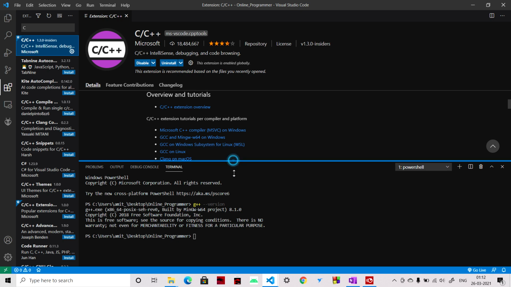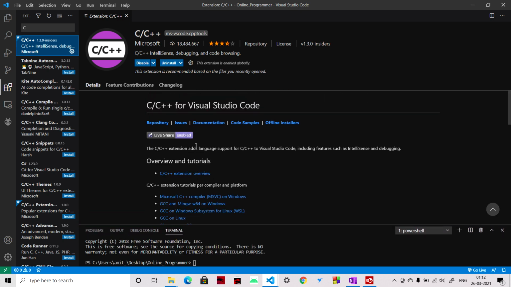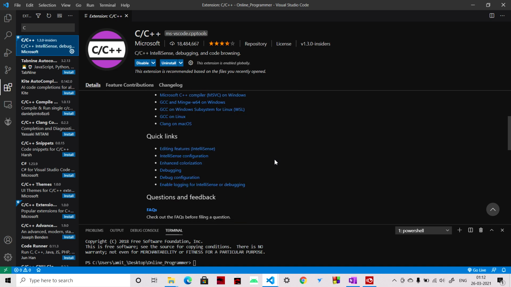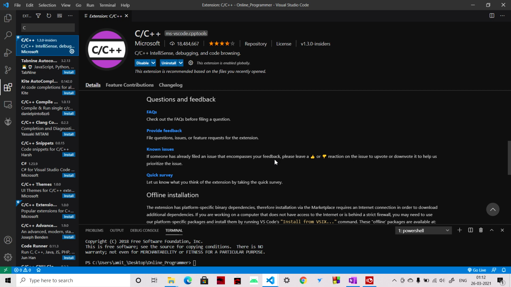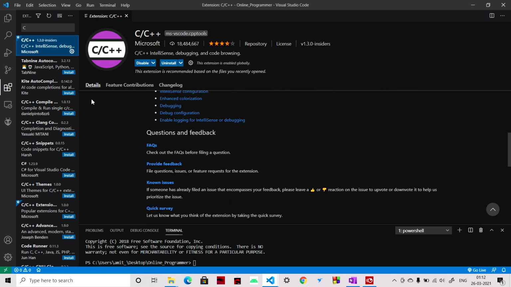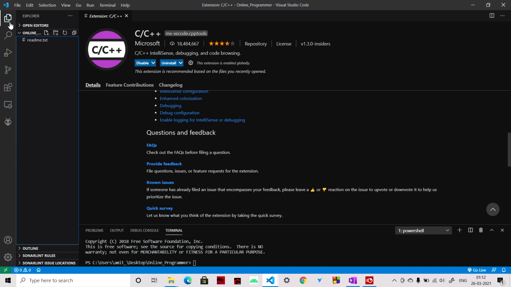You can read some details about it. This C++ extension supports C++ in Visual Studio Code, including some debugging options, and it also provides features like code highlighting, which helps you write C++ code. So this is the Explorer, and the last option was Extensions.